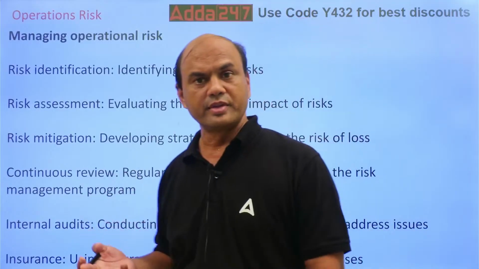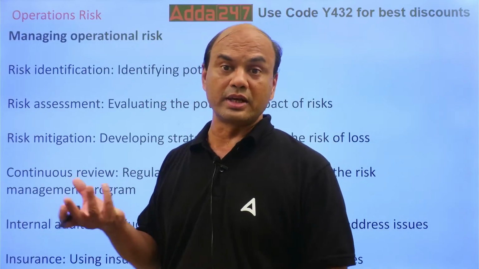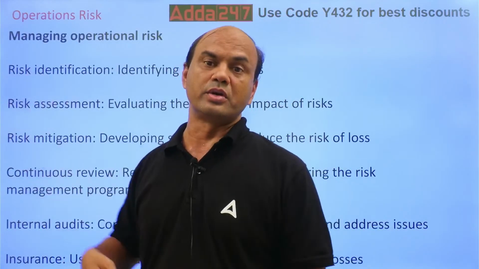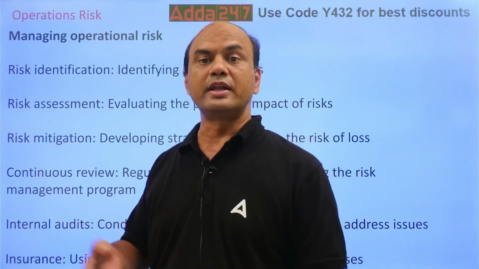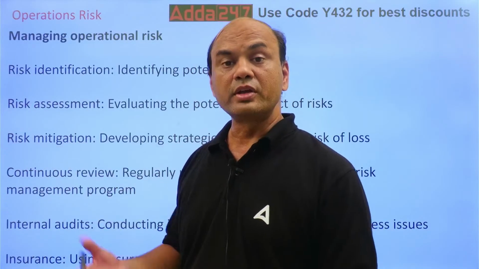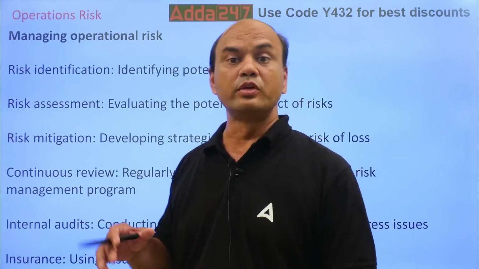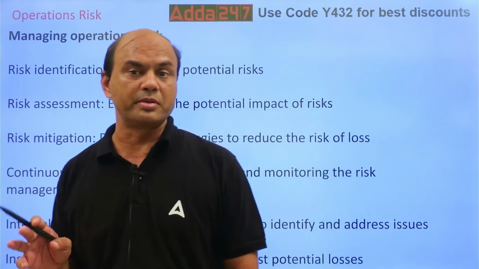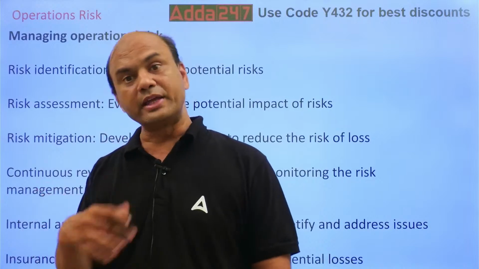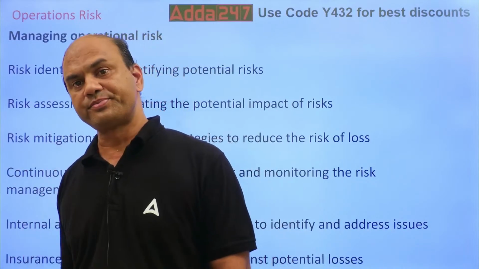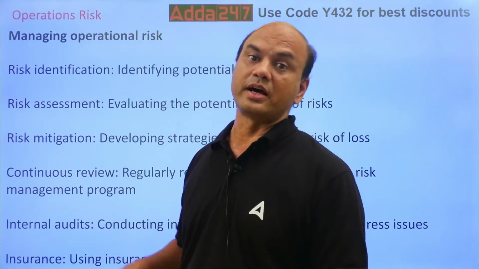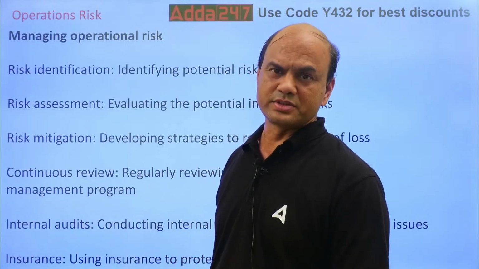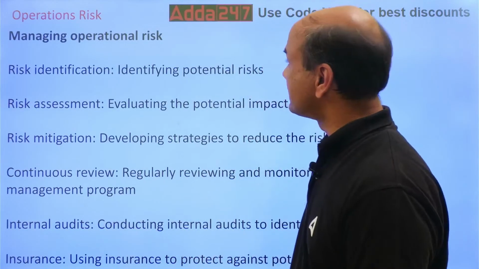Suppose you are giving a loan, how to control the loss of the loan due to some security loss? Suppose the security is burnt tomorrow, you give a home loan and there is a fire in that building. How will you cover that? That is covered through insurance. And if your loan becomes NPA, how is that covered? Security is intact, security is not having any problem, but the loan has become NPA. That is covered through derivatives. So kindly note, insurance and derivatives are the two important aspects for covering the risk in any of these loans. Okay, so that was it about the ops risk.